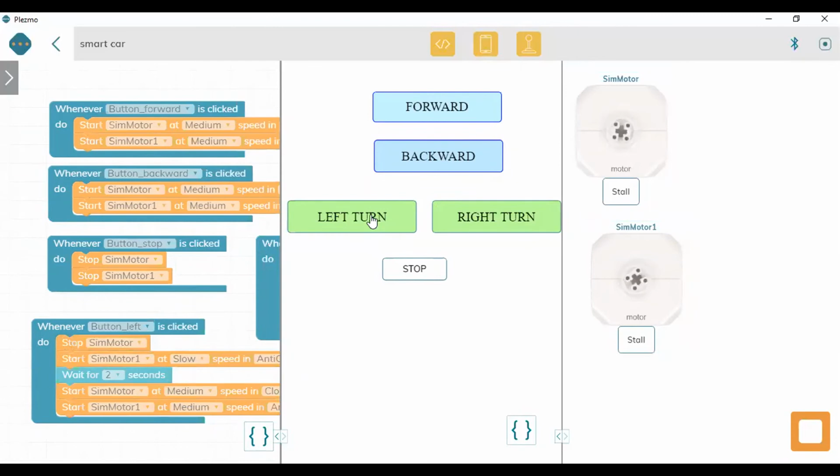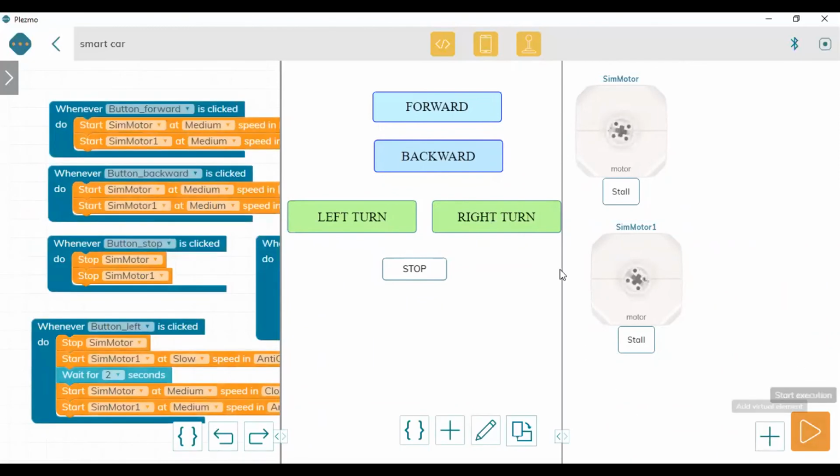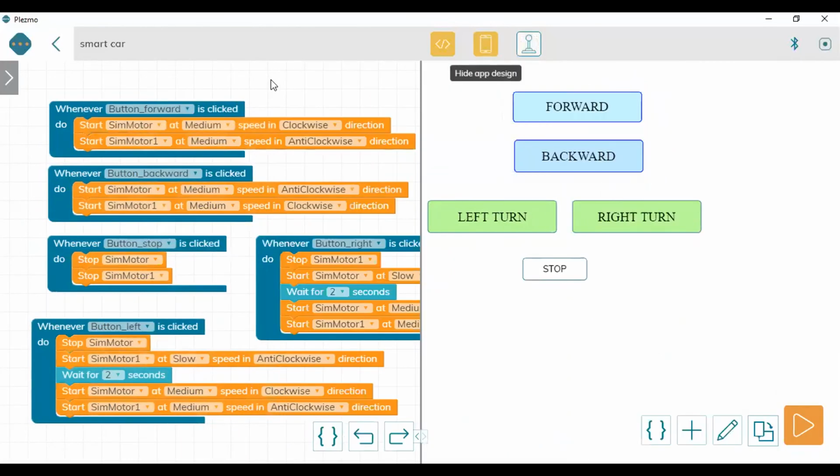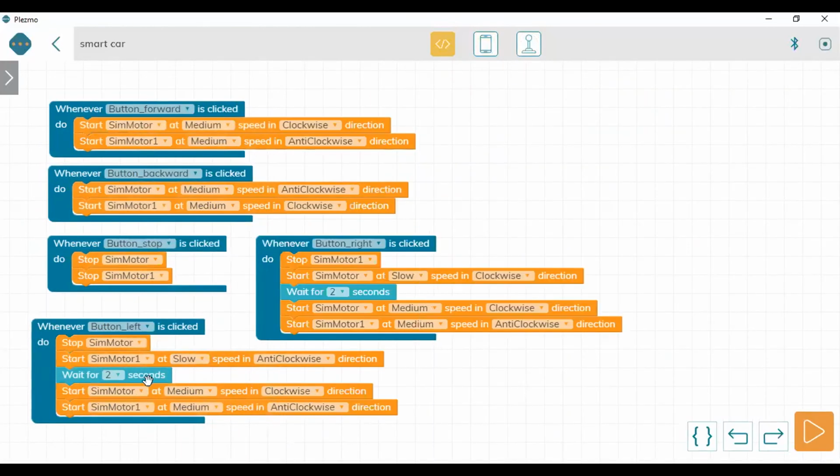So only one motor is working. See, it is moving slow. Why? Because we have given the speed as slow while taking the turn. See. So it is taking turn for only 2 seconds and again starts moving forward only. Fine. So now again you can just see the program. Everything is perfect. If you want to increase the speed here also you can do, but while taking the turn, generally we keep the speed low. So that is why I have given it like this.